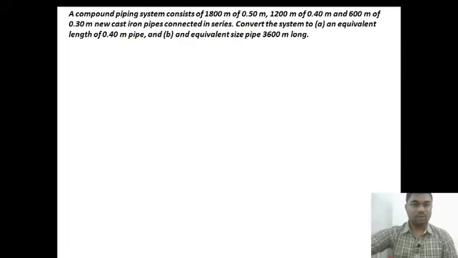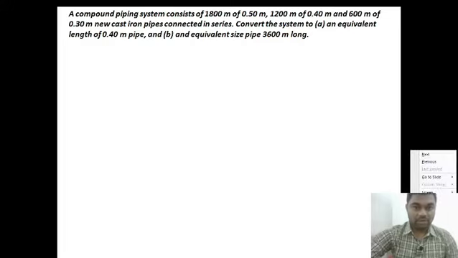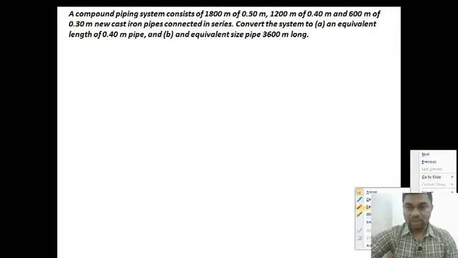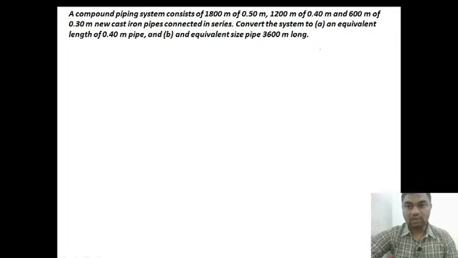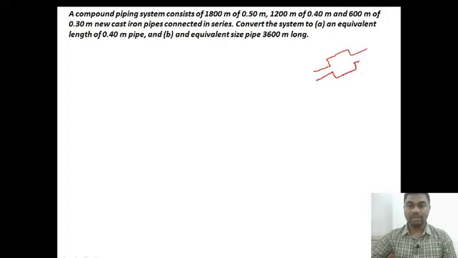Yes students, let us see one problem on equivalent pipe. First of all, let me remind you what is equivalent pipe. Equivalent pipe is nothing but instead of joining a number of pipes of different diameters, we can join only one pipe which has the same characteristics. Look over here. Here three pipes are attached: pipe 1, pipe 2, pipe 3, each of different diameter.